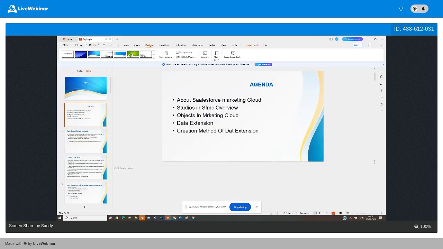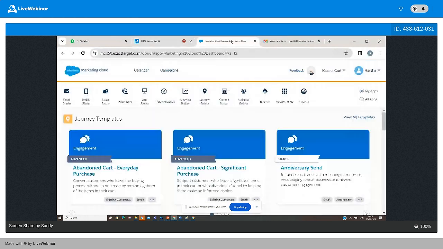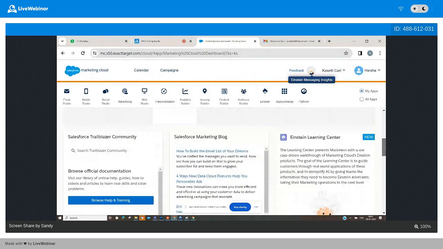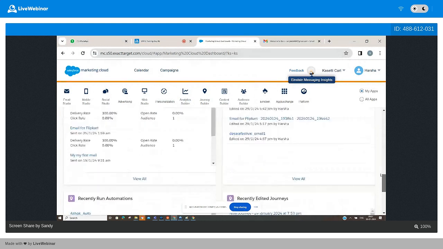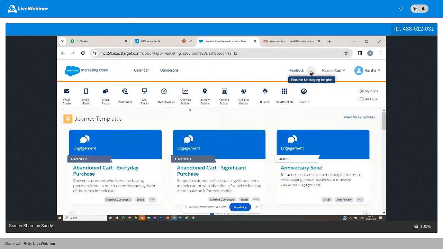If I show you the overview of the Marketing Cloud, see, this is the application where we are going to work in real time, or in class also. In an organization, you will get the same UI and same access for working, and here we will do the same type of work. This one is Email Studio and Mobile Studio. They have different types of features. And Social Studio is there, Advertising Studio,